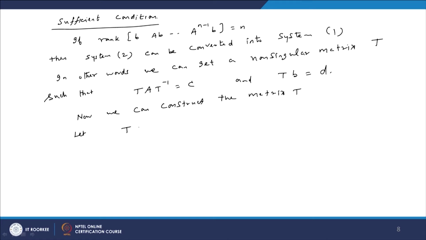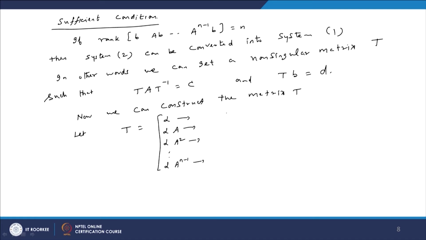Let us take T equal to, the first row is an unknown vector alpha, alpha 1, alpha 2 etc., alpha n, and the second row is alpha times A. Alpha is a row vector, A is an n cross n matrix, so the product will be a row vector. Similarly, third, fourth etc., and alpha times A power n minus 1 is the last